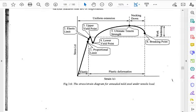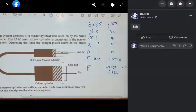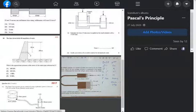The lower yield point is easy to read. So we use the lower yield point as the acceptable amount of stress that we can put on this object as a designer. In this case, because steel has this bendy bit, it's really easy to read that number on a graph. But some metals don't have an easy to read part of the graph. So what we need to do instead is use a